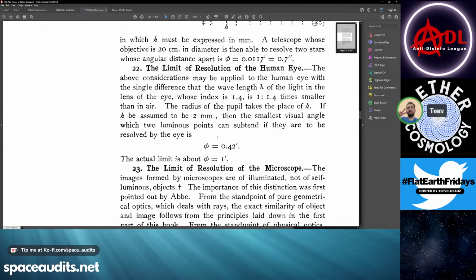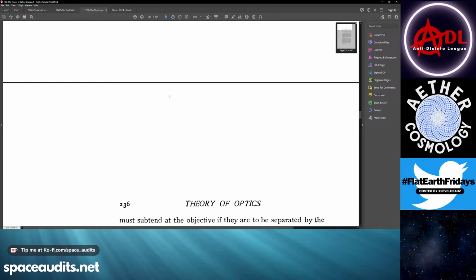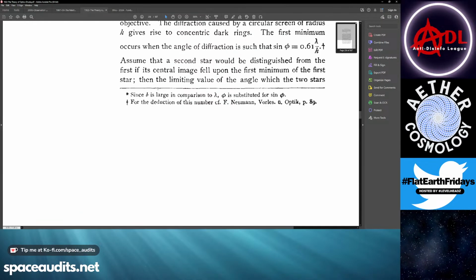All right. Can you scroll back up to the other page real quick? I want to see that footnote. Oh, yeah. Thank you. I was looking at that, and then I forgot. Since b is larger in comparison to lambda, phi substitutes for sine phi. Was that like the inverse of the angle then? Now they're saying it's so ridiculously small that they wouldn't want to sine function it and obliterate the figure entirely relative to the magnitude of the other figures. So they just say, it's small. Okay, that's what I thought they said. Gotcha. That's what it sounded like.